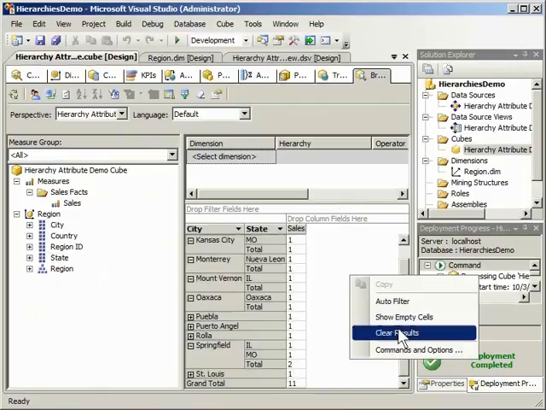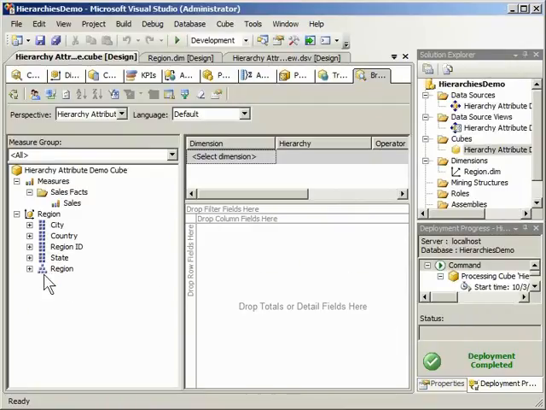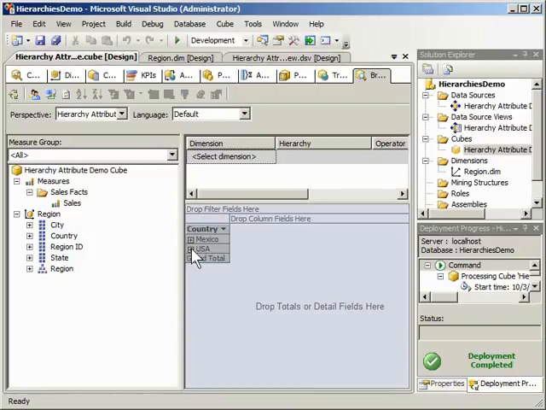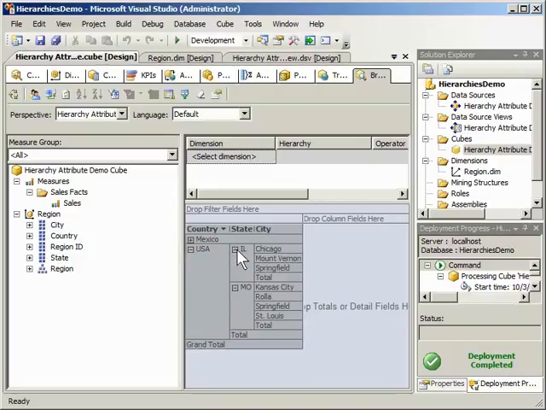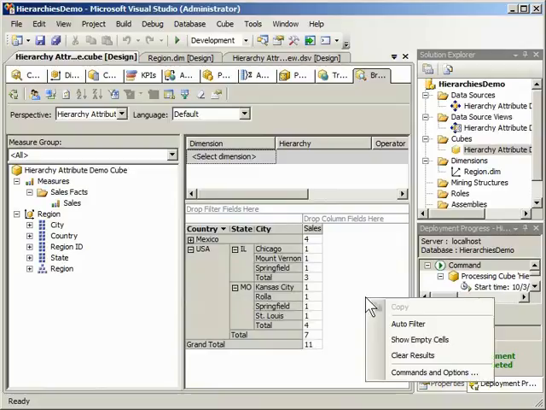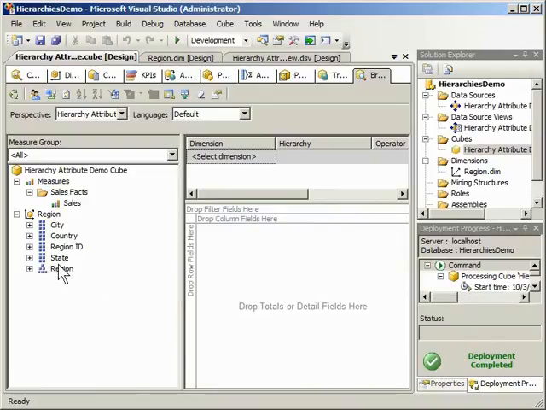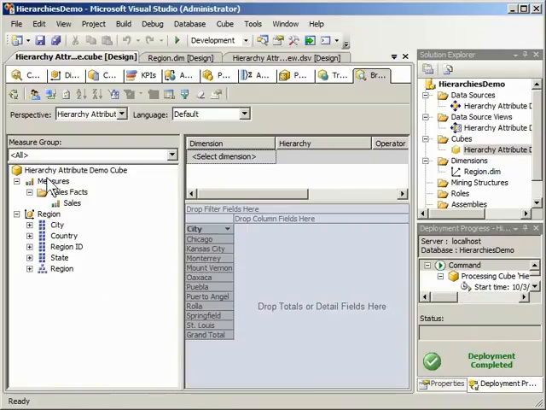Let's go and clear this. And we'll drag region to the designer window. We see that it is correctly showing the two Springfields separately, but has it really gotten any smarter? Let's try our city sales example. And we'll see that by adding a user-defined hierarchy in the dimension editor, all we've really gained is